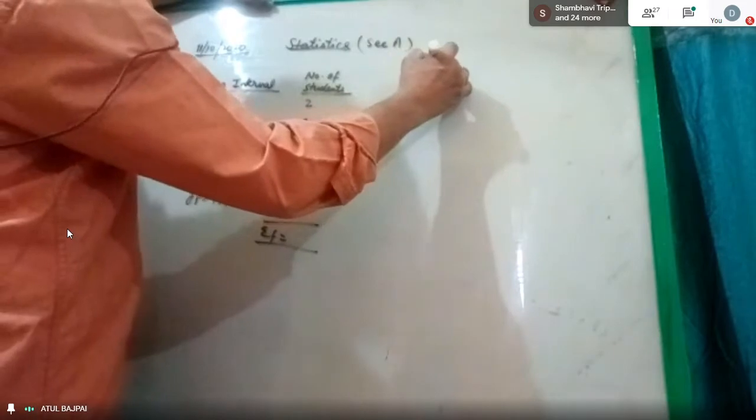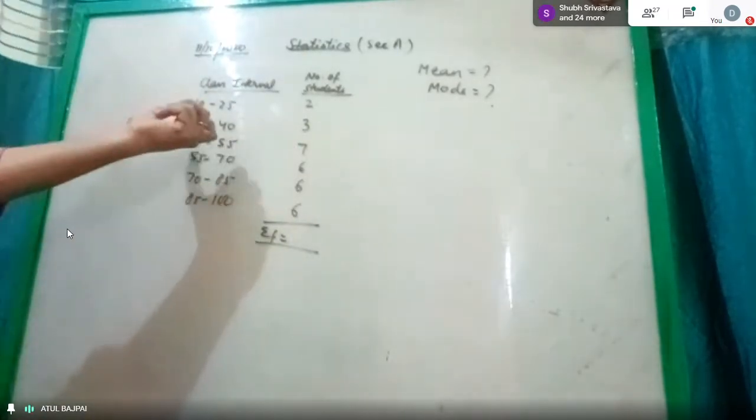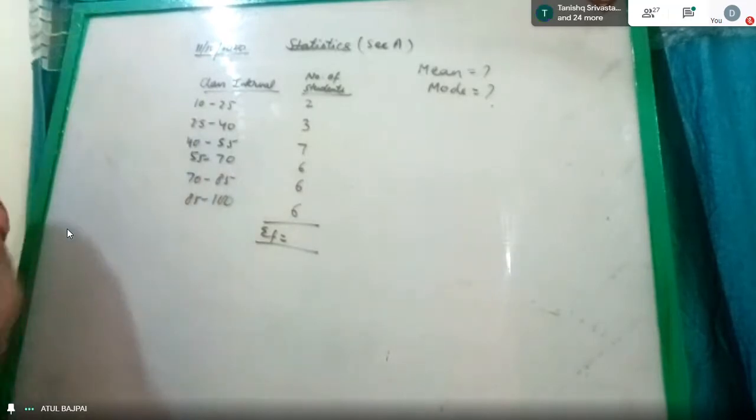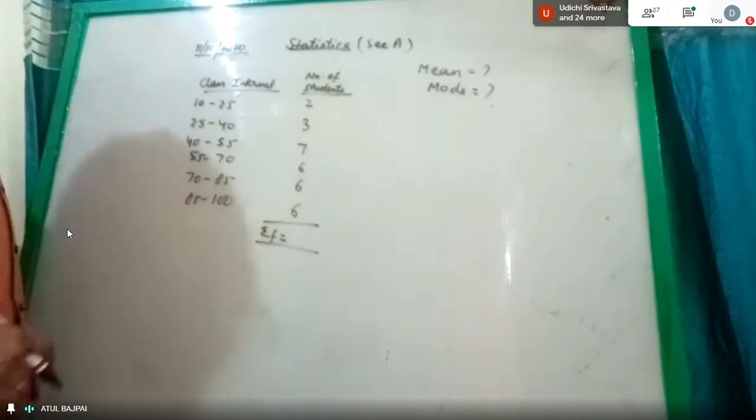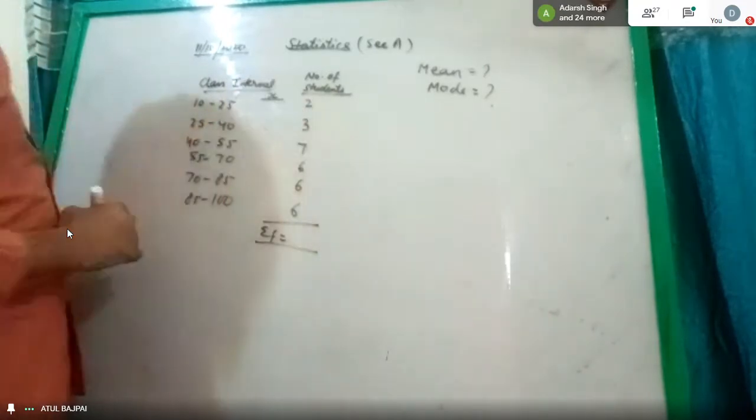Why am I asking sigma f? Because first I want to find the mean and then I will find the mode. We have to find the mean and we have to find the mode. Two questions are there. In 10th, we used to find the highest frequency, the model class, and then the average. Don't do it over here. Apply the formula. Now, for the mean, that method can be done. For that, we need x, the middle value.